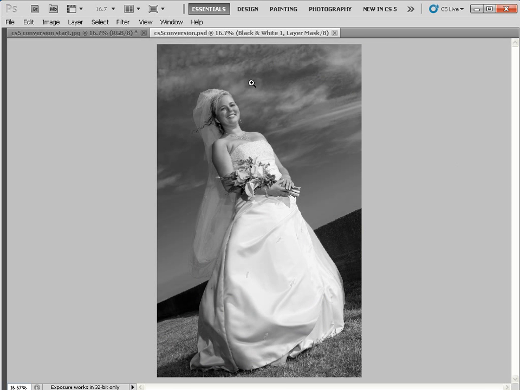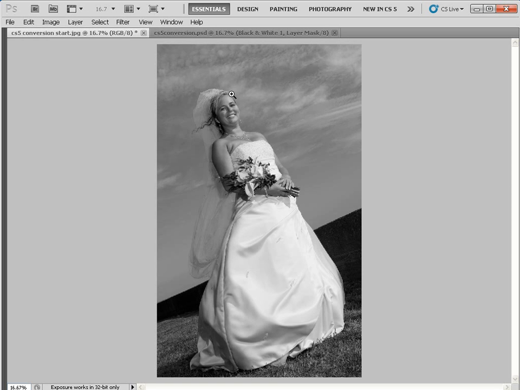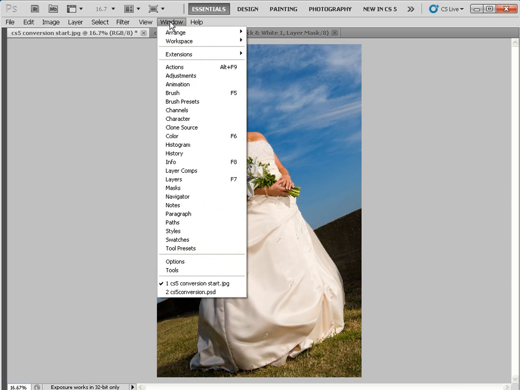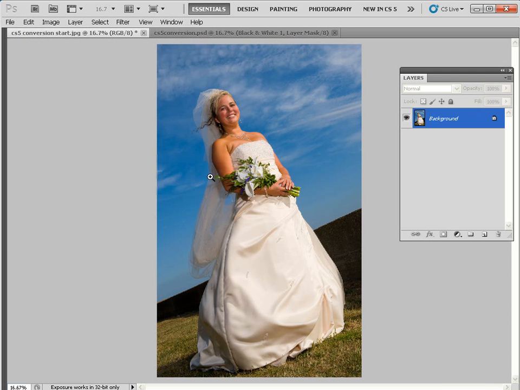You can see we've got a darker sky here now, and the bride is standing out much more effectively because we've been able to use the black and white command to target and darken the blue sky. Whereas here's our desaturated version, it's just a bland wash of grayscales. So I'm just going to undo that by going to step backwards, and I'll show you how the black and white command works. Let's get the layers palette up first of all by going to Window, Layers,